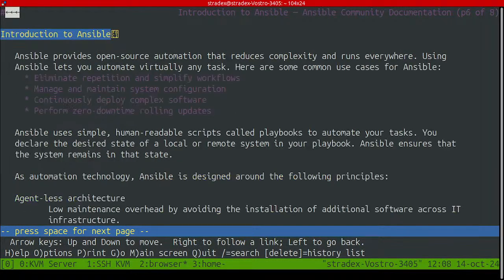Okay, so Ansible provides an open source automation that reduces complexity and runs everywhere. Using Ansible lets you automate virtually any task. Here are some common use cases for Ansible. Eliminate repetition and simplify workflows. Manage and maintain system configurations. Continuously deploy complex software and perform zero downtime rolling updates. That's wonderful. I believe Ansible uses something similar to GitHub Actions, like